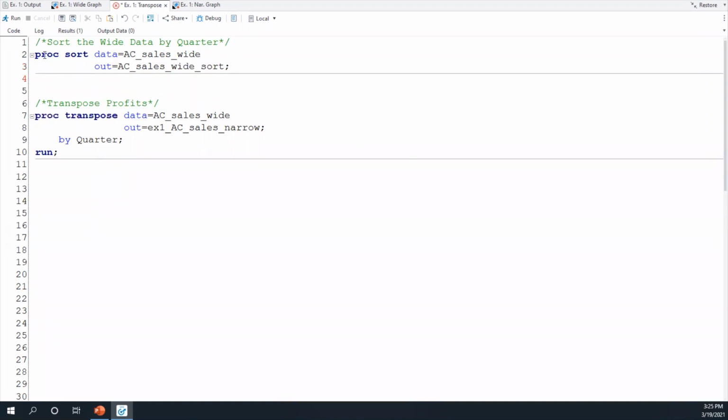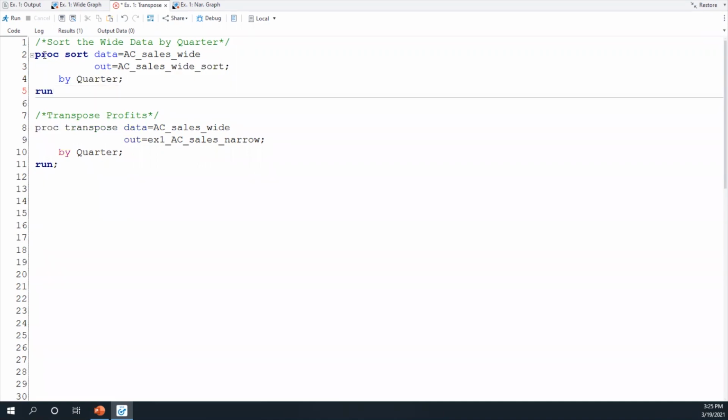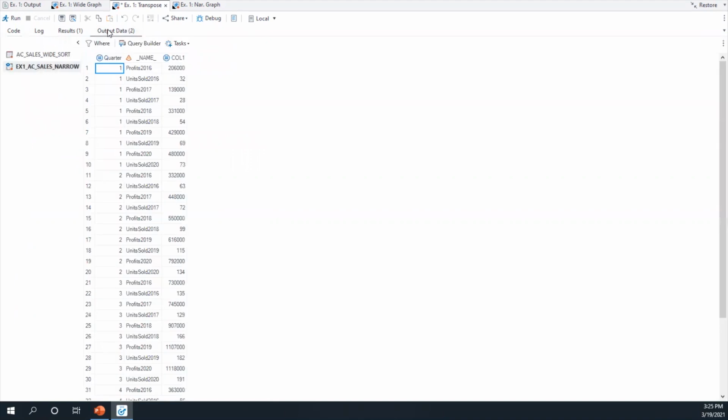Then a by statement to sort by quarter and finish it off with a run statement. But don't forget, we also need to change the name of the table on the data equals option on the proc transpose statement. So I'm going to change this to AC sales wide sort. Now, when I run my code, I can see that I don't get any error messages and the data is starting to look a little more narrow.